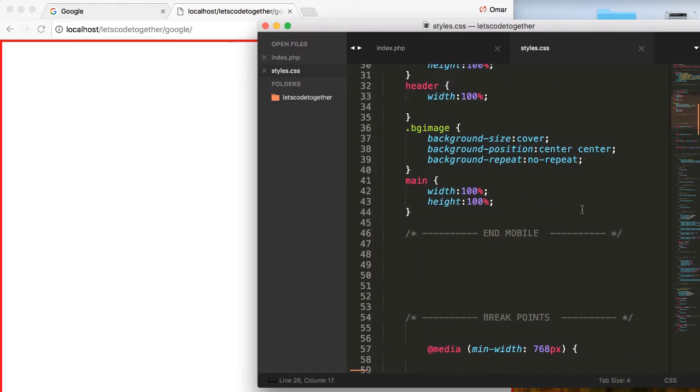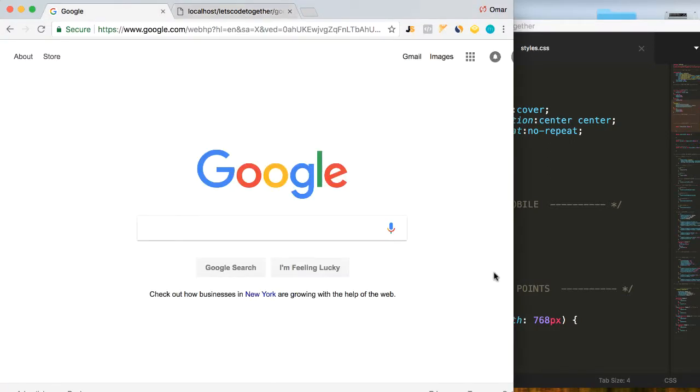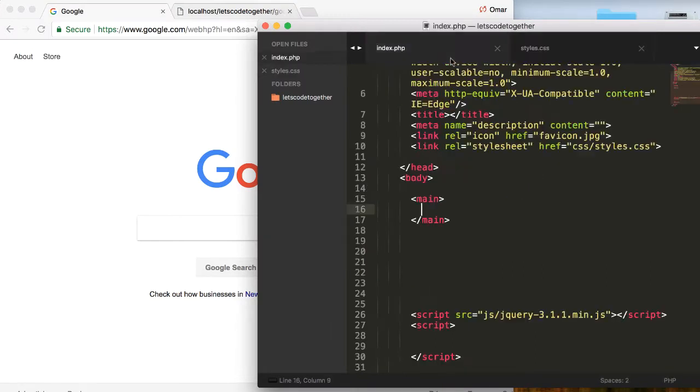So the main tag here is width of 100% and the height is 100%. So I'm just creating a big main layer. Then what I want to do is put all these in one big block also, so I can have that centered. And then at that point, if I want to move it, it's fine. So we'll put here, let's say,